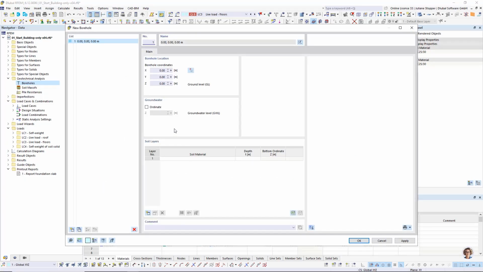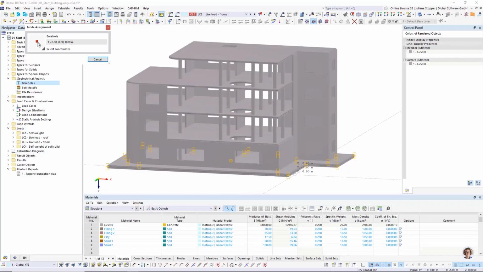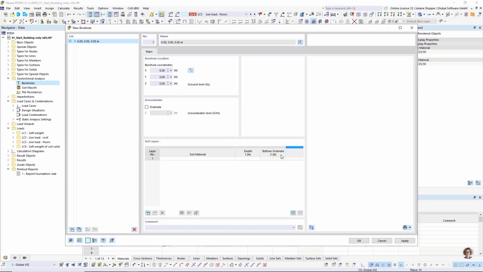The borehole can be used to give the information about the soil stratigraphy that was found by the tests and is described in the geotechnical report. You can directly give this input here. You can give the position where this soil stratigraphy was discovered, and then you can give the soil layers and so on. Here we also can give a groundwater layer. So let's say we have here 2 meters,